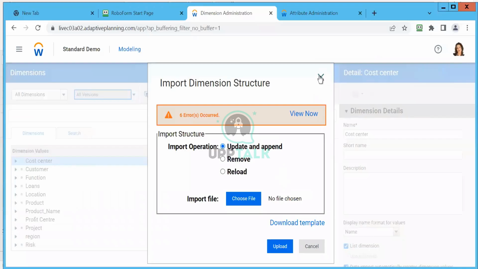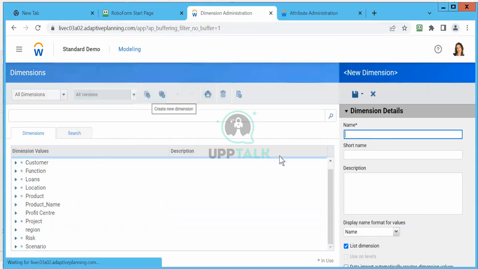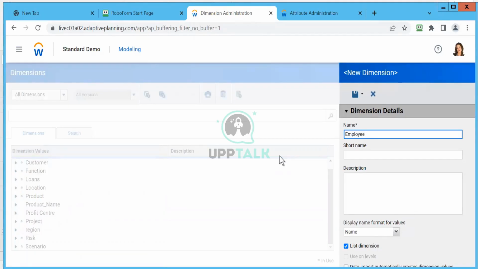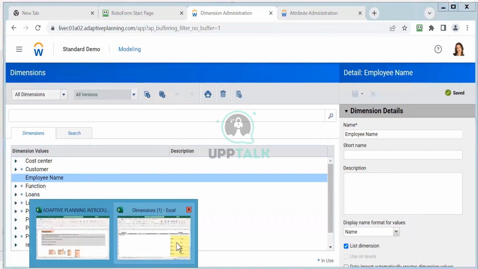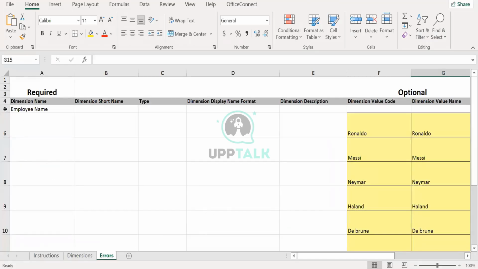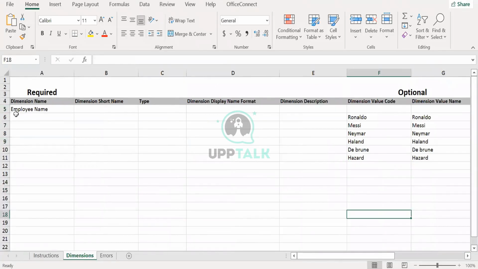Let's do one thing. Ideally, we should not do this, but let's create employee name. Now it's there. I just save this again. I've created this employee name.